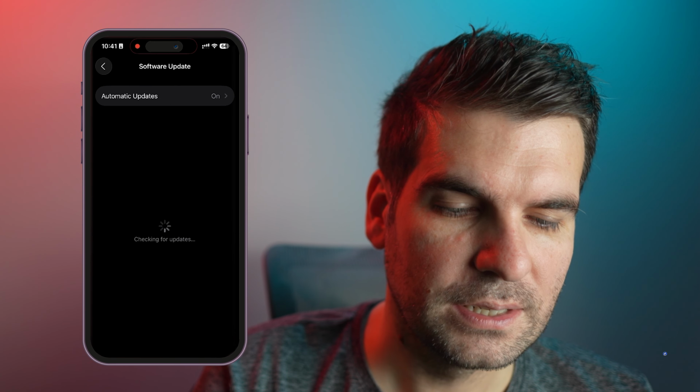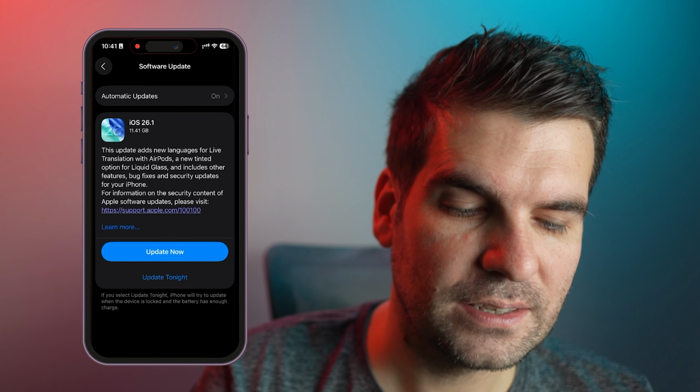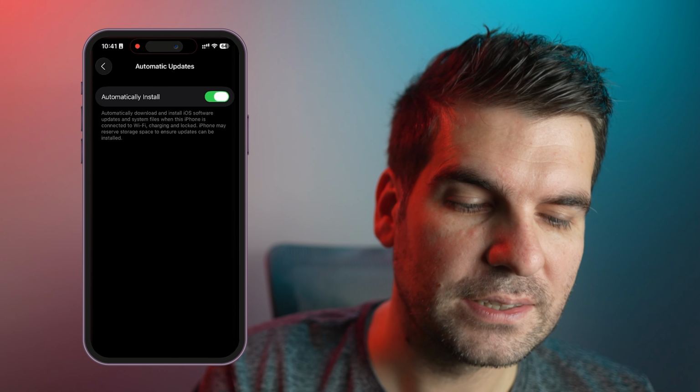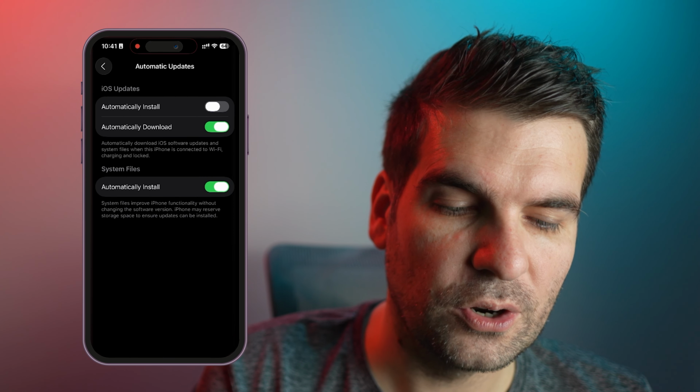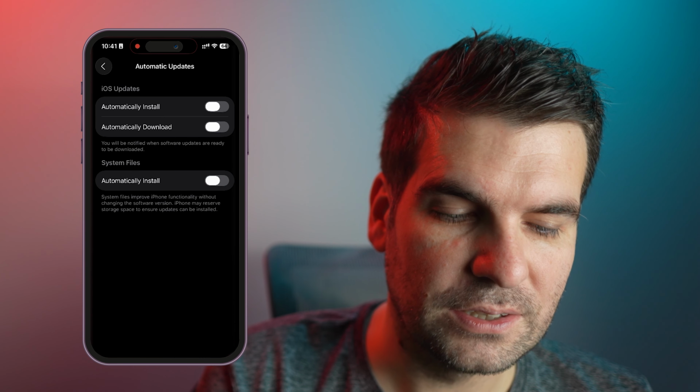Click on general, and then here you can see software update. We can click on that, and it's going to basically look for any potential updates. Now you can see here that there is an update available. You can also see the very top option, which is automatic updates. From here we can install automatically or not. You can have this toggled on and off, and download automatically on and off, and automatically install on and off,